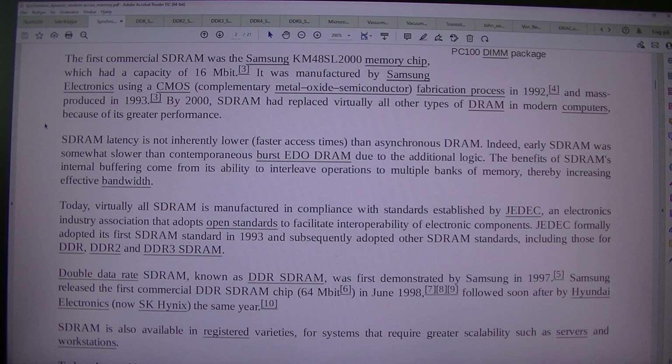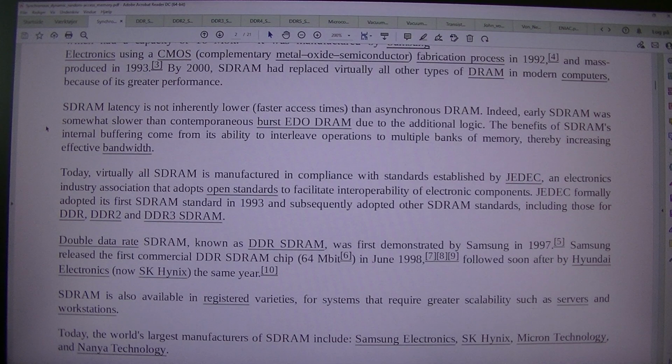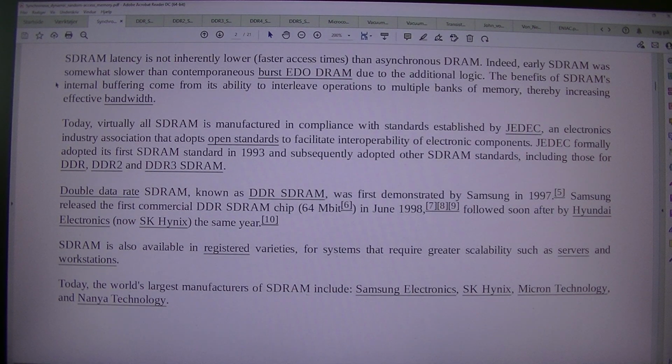greater performance. SDRAM latency is not inherently lower, faster access times, than asynchronous DRAM. Indeed, early SDRAM was somewhat slower than contemporaneous burst EDO DRAM due to the additional logic. The benefits of SDRAM internal buffering come from its ability to interleave operations to multiple banks of memory, thereby increasing